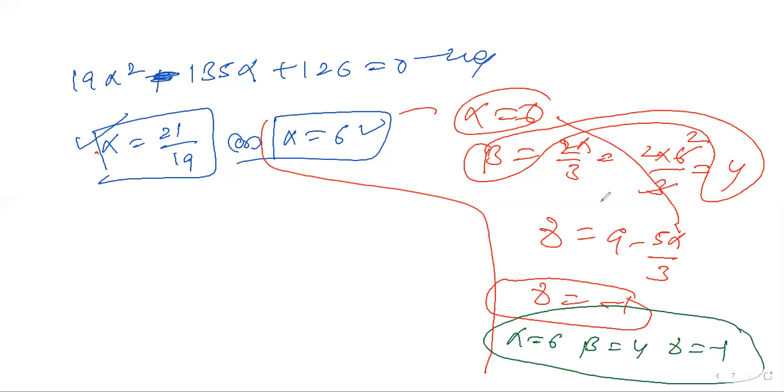But are my answers correct or not? Please go for S3. Alpha, beta, gamma, what is the answer here? Minus 24, right? 6 into 4 is 24, into minus 1, minus 24. These answers are going to be correct only.